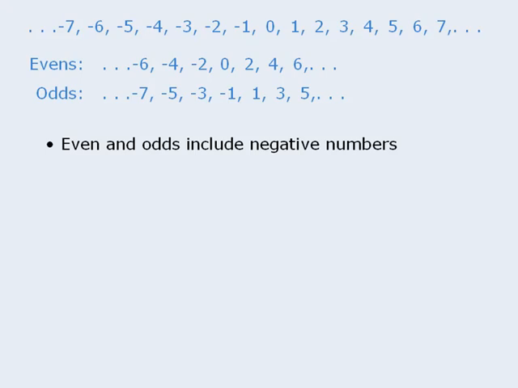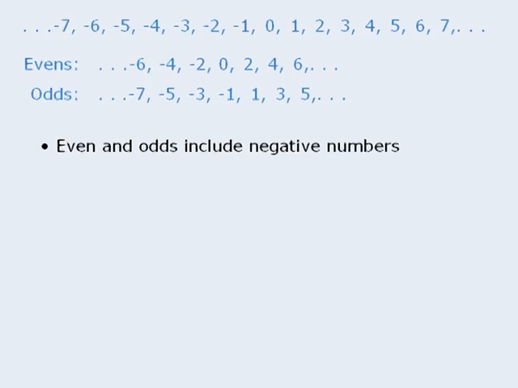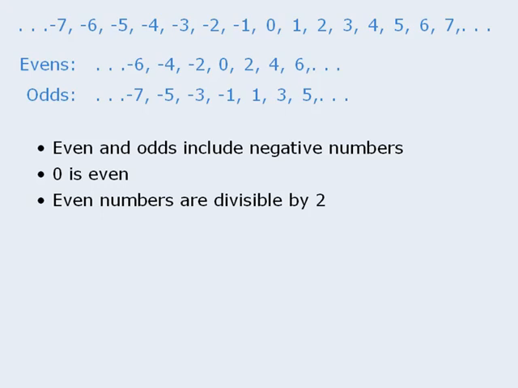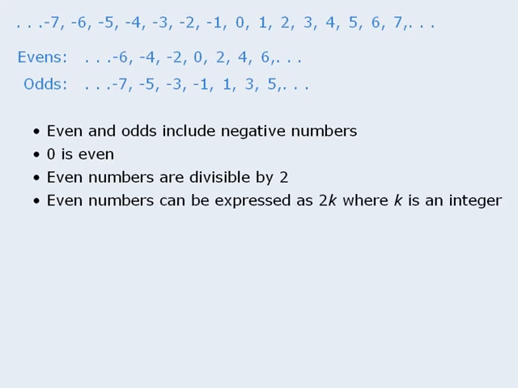First, even and odd numbers include negative values, so for example, -17 is considered an odd number. Next, 0 is an even number, and you will see some questions that test this fact. Also, even numbers are divisible by 2, which means that all even numbers can be expressed as 2k, where k